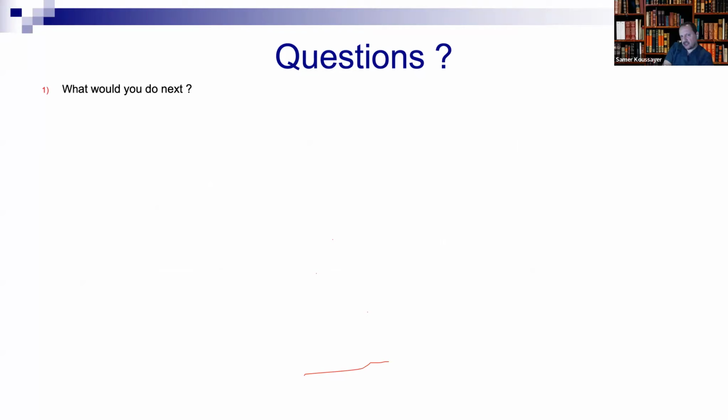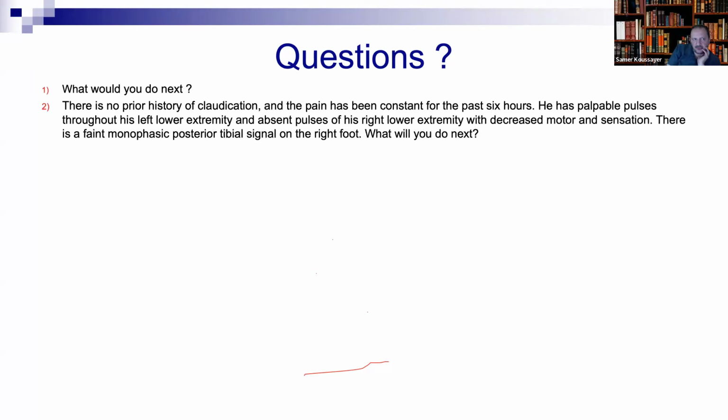So first question, what are you going to do next? The patient came, they call you, has acute limb ischemia. What are you going to do next? Okay, I will evaluate the patient, full examination and neuro examination, to know the Rutherford stage. Correct. But now he's going to ask, what are the Rutherford stages? You have to tell him, okay? If he asks what stage 1, 2, 3, A and B, you have to know all this.